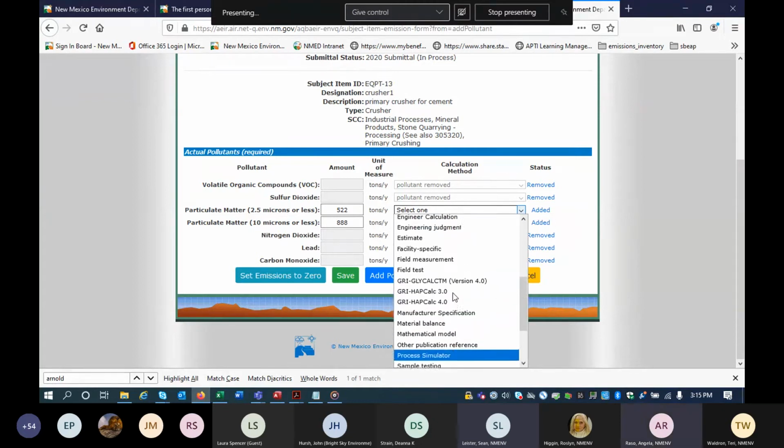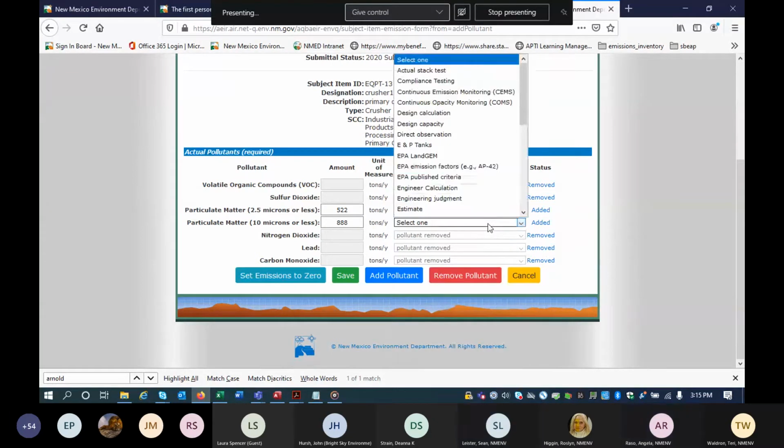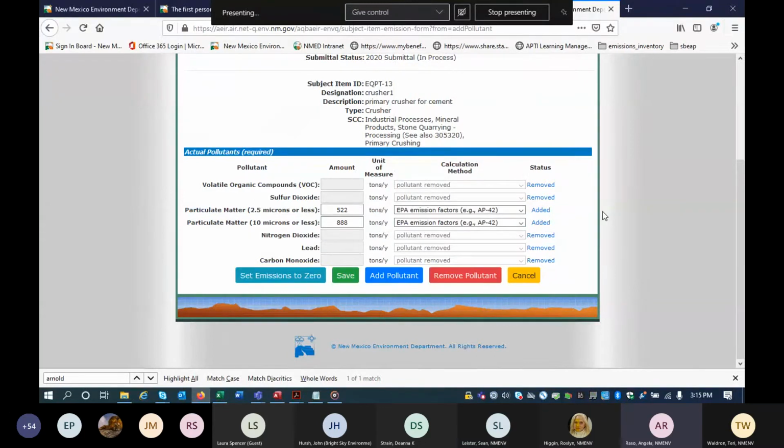And Sean, we do have a question. Do we need to report total HAPs as a pollutant if we are already reporting individual HAPs? Total HAPs is not available on the XML schema. So if it is required to report total HAPs, then we would have to manually enter it in AEIR. If your pollutants are already speciated in your permit, we would like you to submit those speciated pollutants. But Roslyn, do you know if we want them to also report total HAPs, or will just the speciated ones be fine?